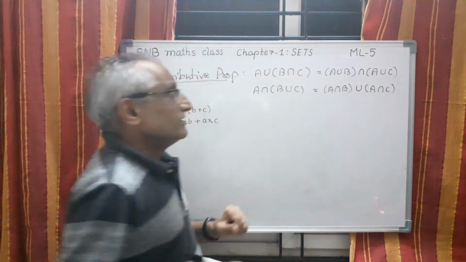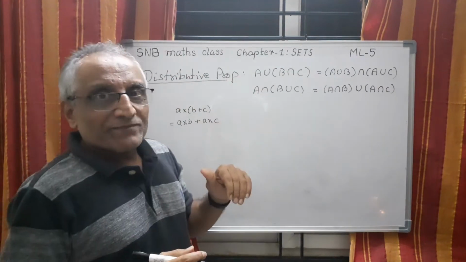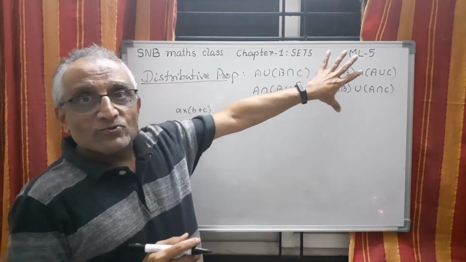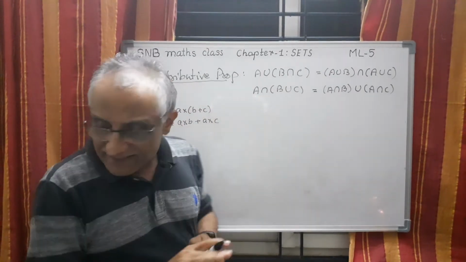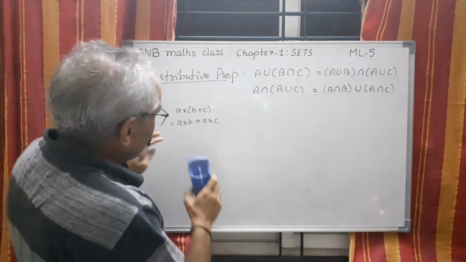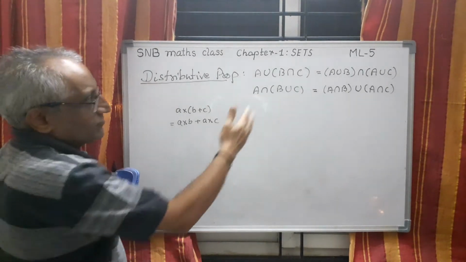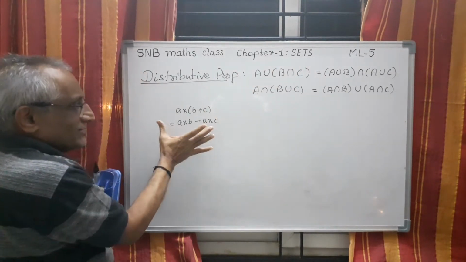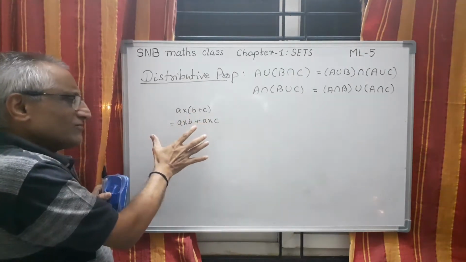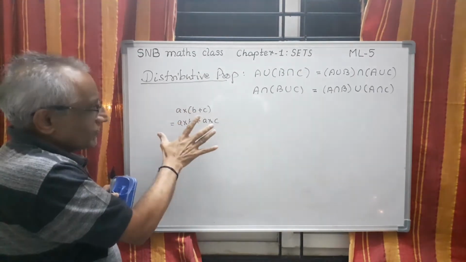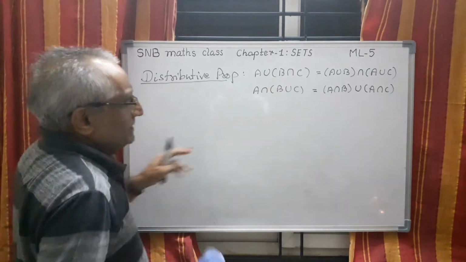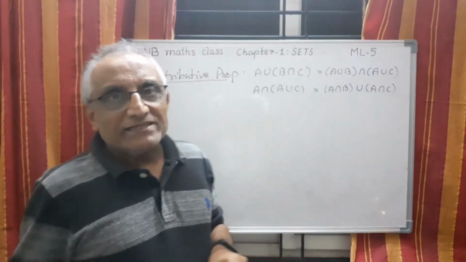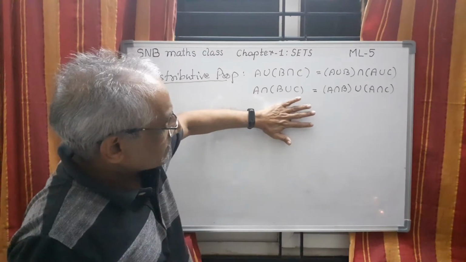Whenever we are learning a new rule, if a corresponding similar rule is there in earlier cases, it is always better to relate them so that you need not memorize. Even in a test or examination, suppose you have confusion, first you recollect, because this is already known and we are using it many times, therefore you know how to use it. So use this rule and then write. Once you repeatedly use this rule, there will not be difficulty in writing. So these are the two rules.